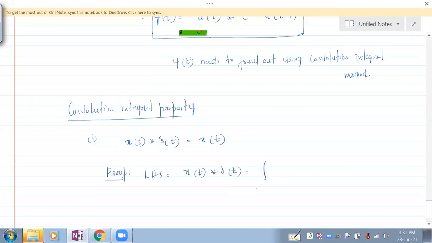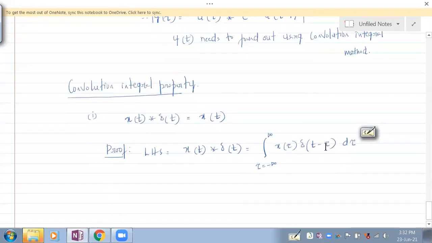So it is the integral over tau ranging from minus infinity to plus infinity of x of tau delta of t minus tau, with respect to tau. Now, where do you think this delta of t minus tau is existing? Anybody would like to comment on that? If you understand that, then we can evaluate this x of tau